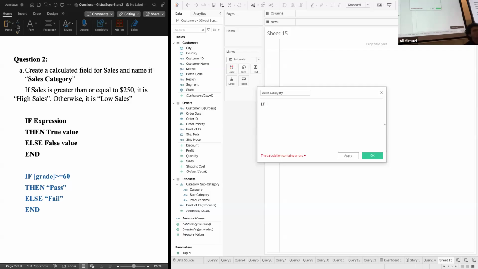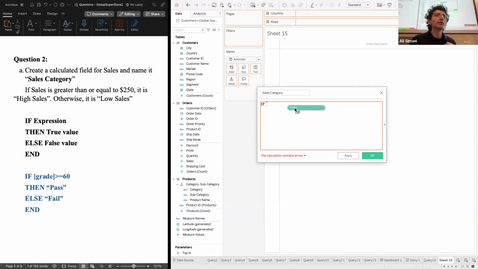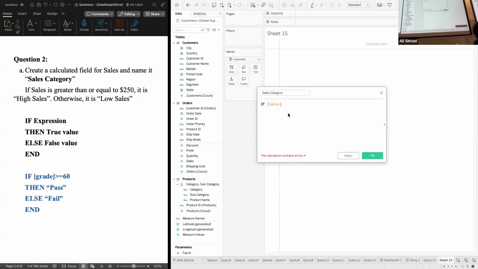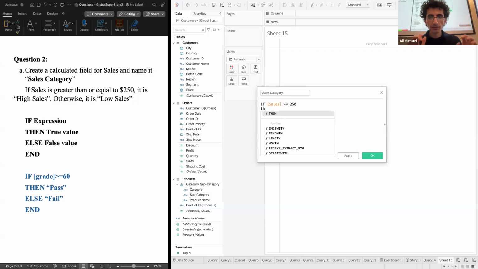If cells is greater or equal to 150. You can type the cells here, or you can drag the column from here. So I will click on cells here. From the data type, click on cells and drag it to the formula. Then you will see cells here. So anytime in a formula you're using any of the columns, just drag that column to the formula. So if cells is greater or equal to 250, then,